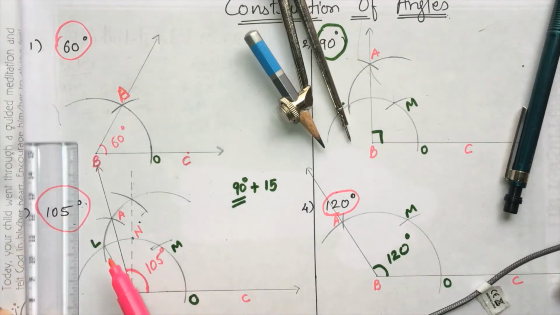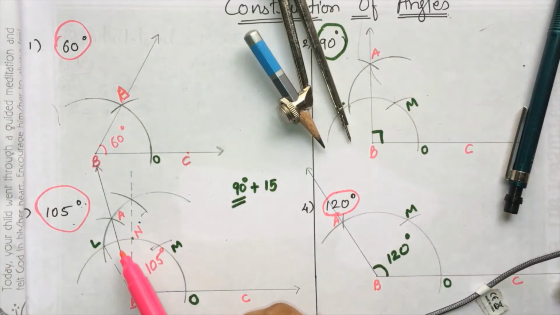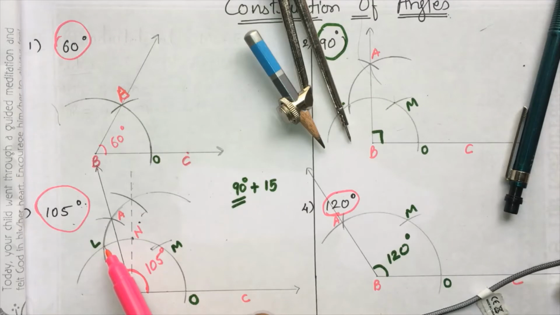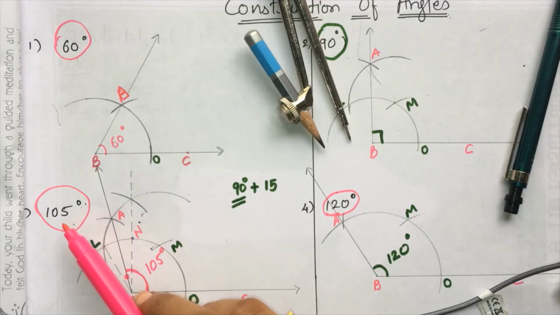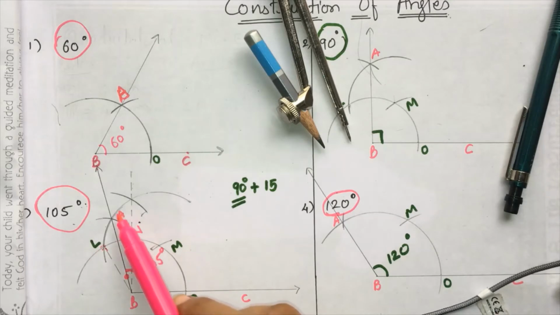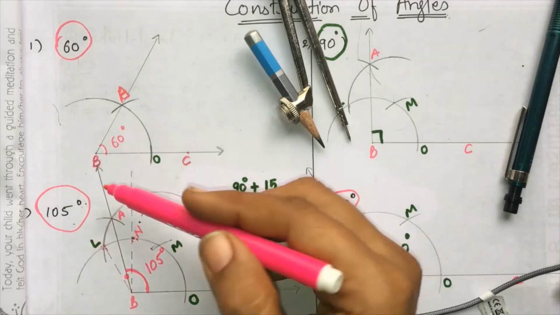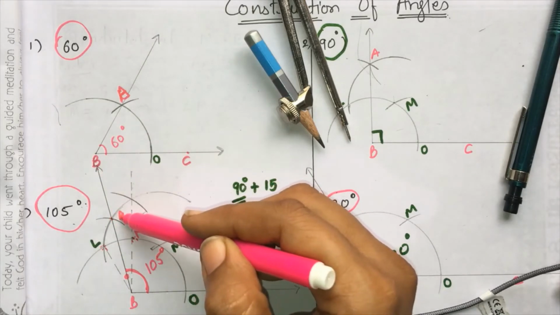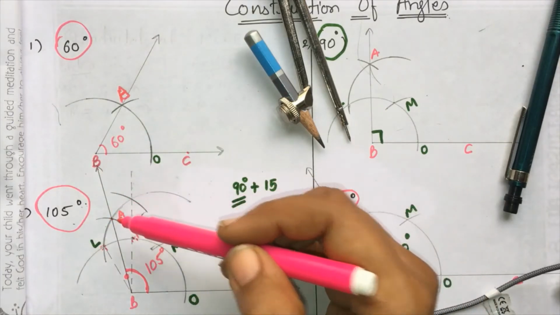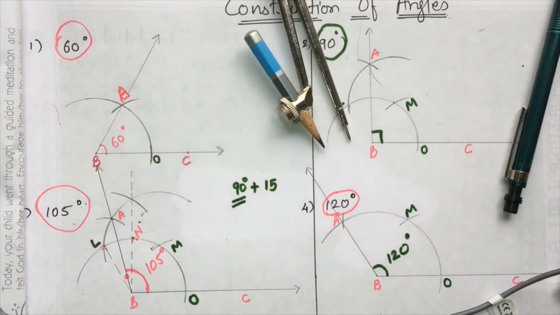Again, till 90 degree you will follow the same. Then after the last step, in order to draw 105 degree, you will take the radius equal to the distance between L and N, and then taking L as the center, you will cut the previous arc, and this point of intersection we will be naming as A, and this will be 105 degree.